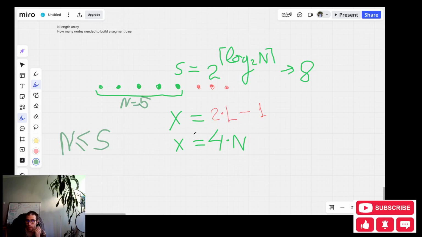So we can represent all the needed nodes with this formula: x equals 2l minus 1, where l is the number of leaves. This is 8 in this case. And we can take this number x, for this example 17, and initialize the array of this size.